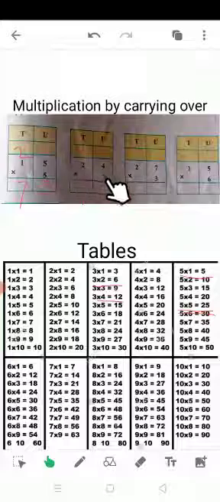2 tens multiplied by 3. So I will read here the table of 3 till the 2 number. The answer has come 6. To this 6 I also add this 1 carry. 6 plus 1 is equal to 7. The answer has come 72. Okay, these 2 you solve at home.